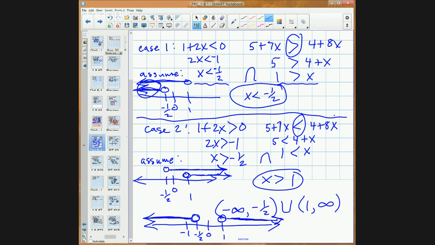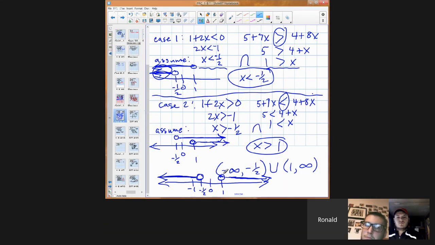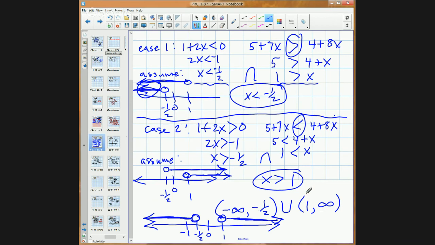So I think this is what, the book, you'll have to see. What do the directions say for this problem? Solve the inequality and graph this. Yeah, so they want both. So here's the solution in interval notation, and then they wanted you to graph it, and this is the graphical